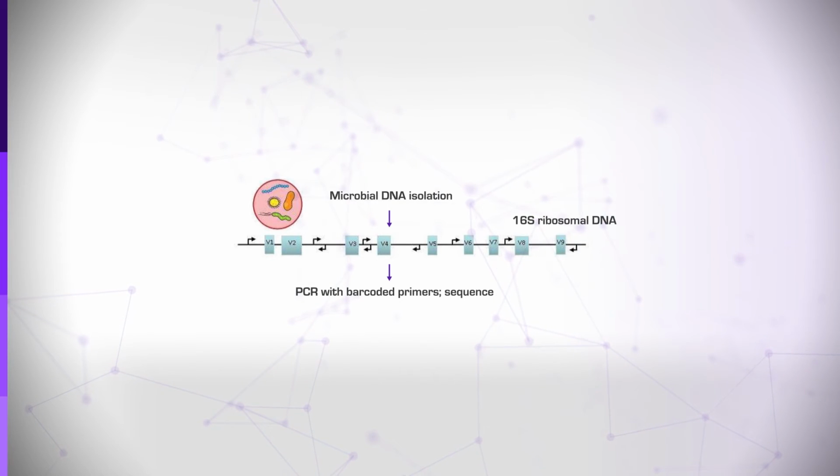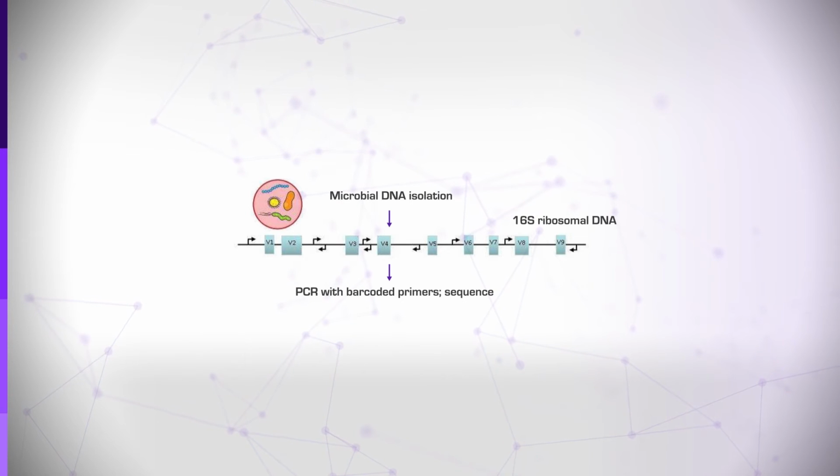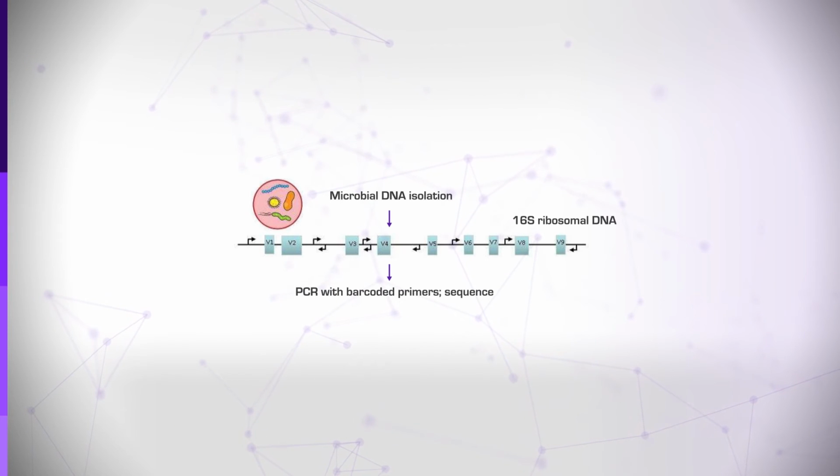Recall that a phylum is a higher level definition of taxonomy. Thus, we can differentiate, for example, between the phyla of Firmicutes and Proteobacteria, but we cannot differentiate between the species of E. coli and Salmonella, which are both members of the Proteobacteria phylum.